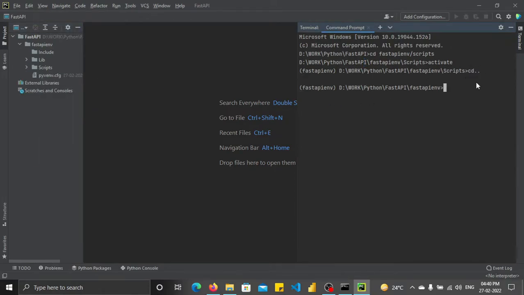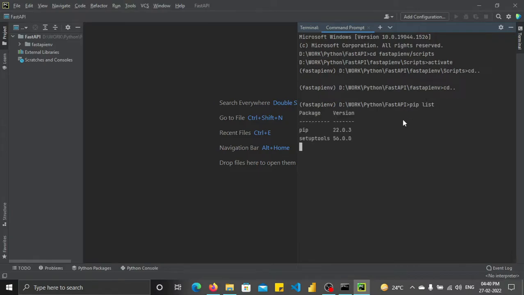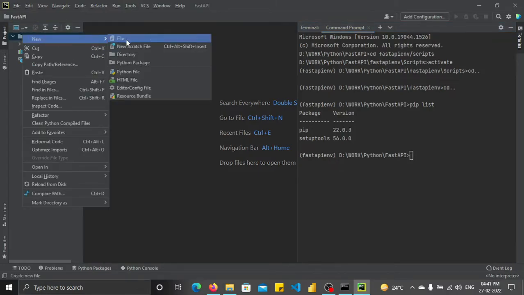Okay, so now I'm in FastAPI, so just leave it close. Okay, so now I am in the FastAPI environment, FastAPI folder. So in my parent folder, if we type list, we have two dependencies. Okay, so let's create a new file and see how we can write a